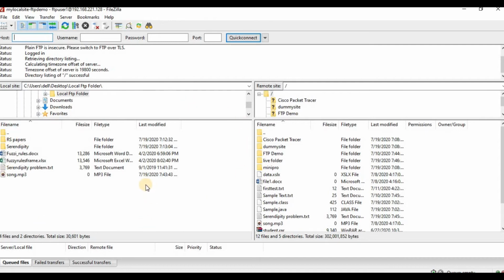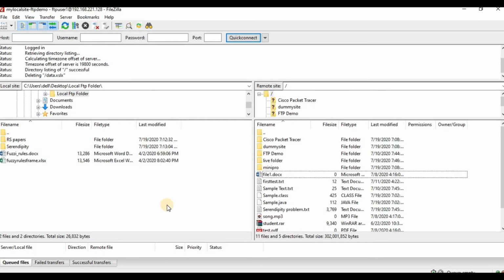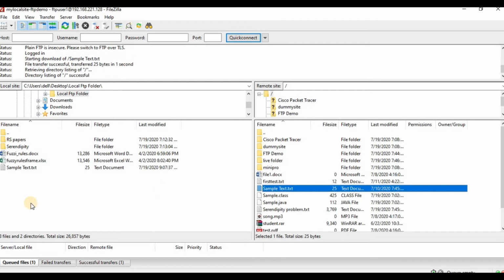Now here in the left pane, you are getting everything which is on your local computer. There are the set of directories. For example, if you click on anywhere, you'll get the content of all those directories right here. And the same on the remote server. These are the files and folders available on your FTP server. Now, if you want to download any file from this FTP server to your local computer, just double click on this one and it will get downloaded in the selected folder.